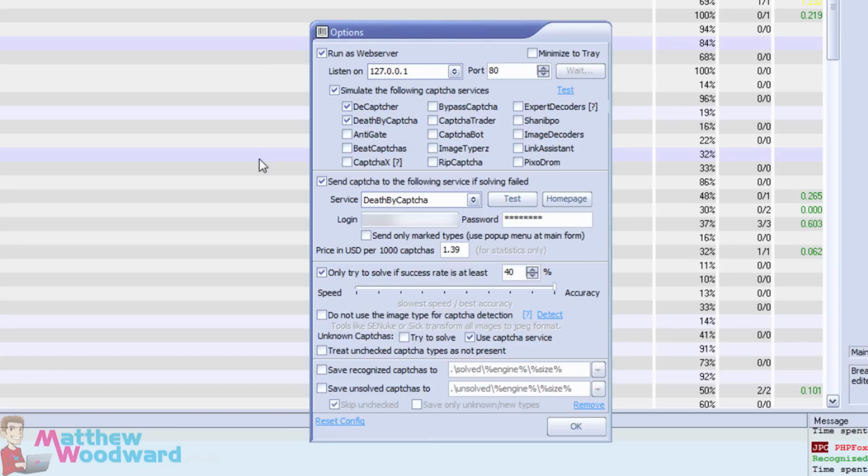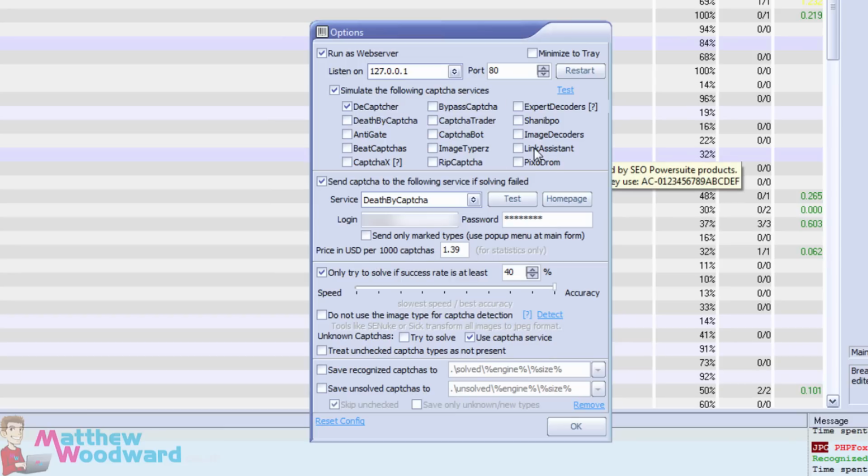And actually, when you first start the software, Death by Captcha will be ticked. But because I'm using Death by Captcha as my failover service, I just untick it there. Now, Captcha Breaker can simulate all of these different captcha services. So if you have a piece of software that has any of these services integrated, and I mean, it's really rare to find something that doesn't have DeCaptcher and Death by Captcha support, but if any software supports any of these captcha services, then you can use GSA Captcha Breaker with it.